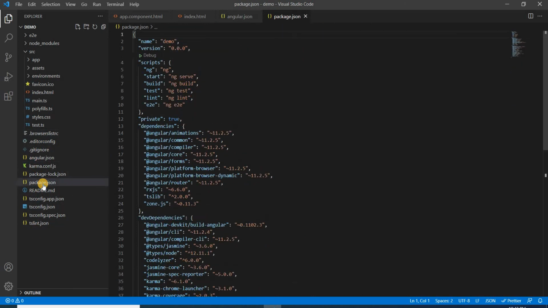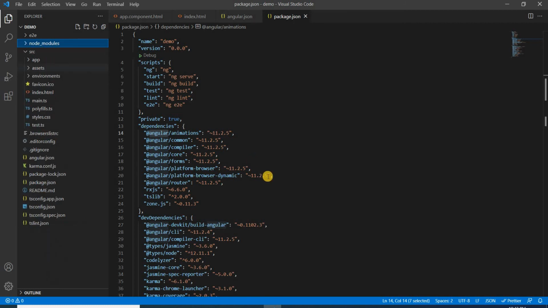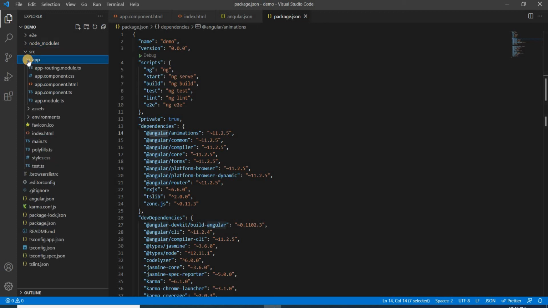Like we have the package.json file, which also contains the details of each library we are adding inside our project. Its version detail will come inside the package.json file, and that particular library will get added inside the node modules folder.